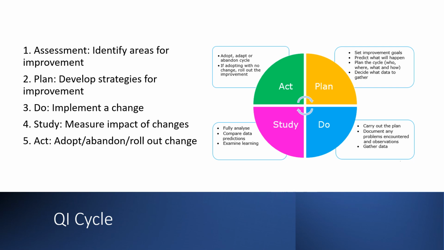After that, you want to do, so you want to implement a change, and then after that you want to study how much of an effect that change has had. And then after that, you can decide on, actually, has that change been really good and you want to adopt that change, or you think actually that change made no effect to what I wanted it to make, so I want to abandon it. So that's ACT. So this is called a PDSA cycle, or plan, do, study, act cycle, and that's the basics of quality improvement. So I'm going to give you another example of something that I did a few years ago,